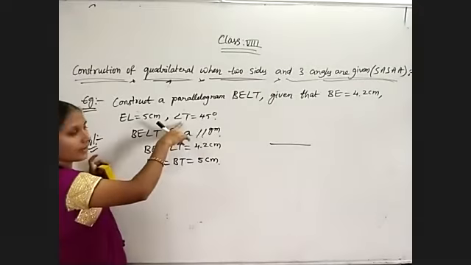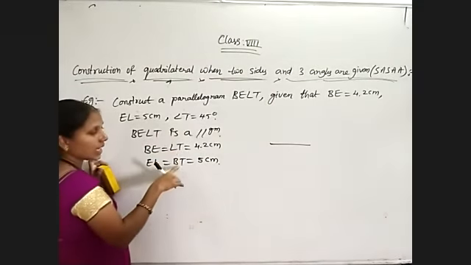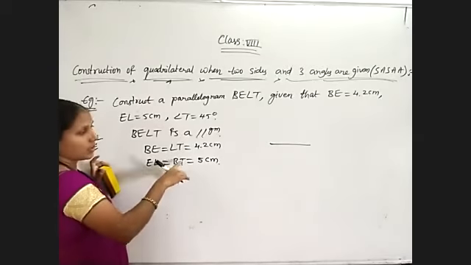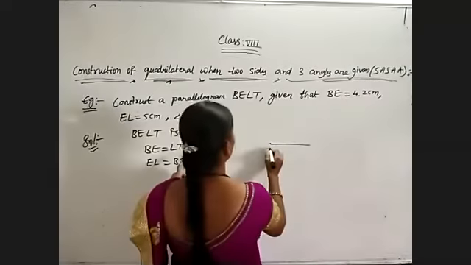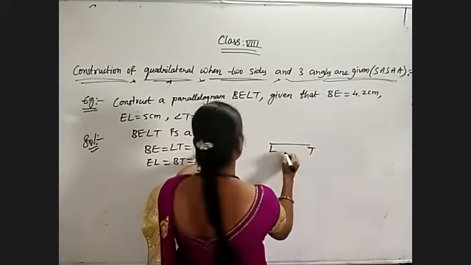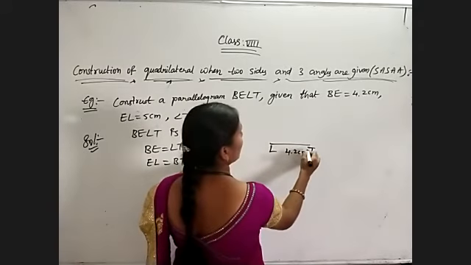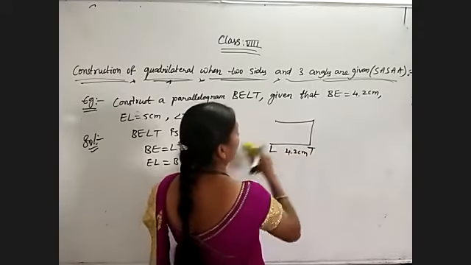Because angle T is given, either LT or BT we have to take as a base. So I am taking LT as a base with 4.2 centimeters. Now to draw the rough figure of the parallelogram,